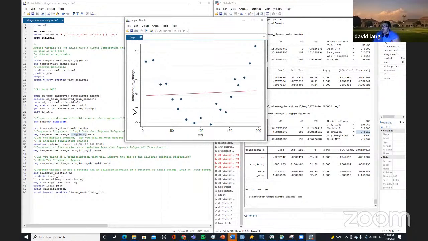When we plot the relationship between dosage and temperature change, we can see why this linear regression does a pretty poor job, all things considered. There's clearly this polynomial curve in the relationship between dosage and temperature change, where the drug seems to help reduce temperature, but after about 100 milligrams or so,